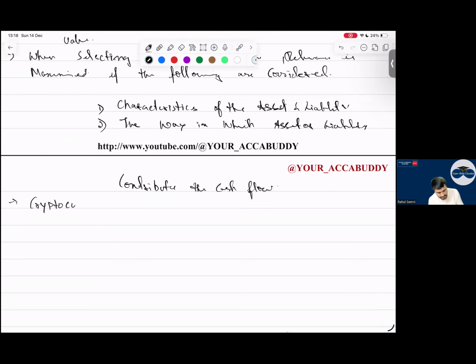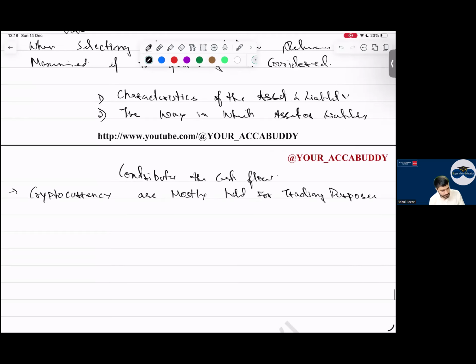Can I say cryptocurrencies are usually held for trading purposes here? Yes, sir. Cryptocurrencies are mostly held for trading purposes. The aim is capital gain. Can I say therefore